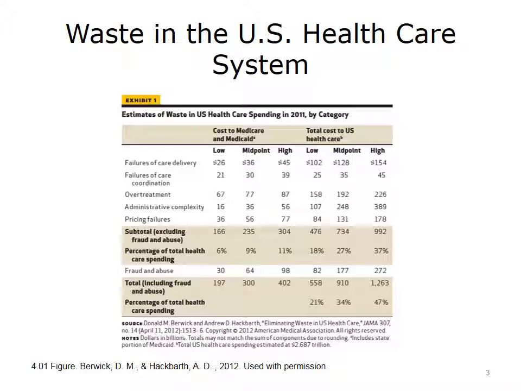They would include things such as defensive medicine, preventable hospital admissions, medical errors, unnecessary treatment variation, hospital-acquired infections, and overprescription of antibiotics, etc. The operational category would encompass on this slide the categories of administrative complexity, pricing failures, and fraud and abuse. This category could include continued use of paper forms, redundant claims processing, and ineffective implementation and use of IT.